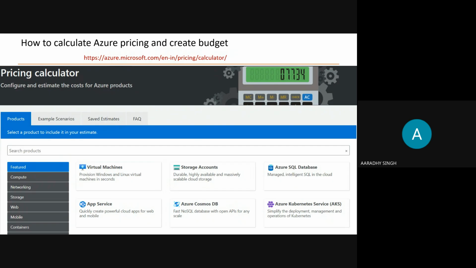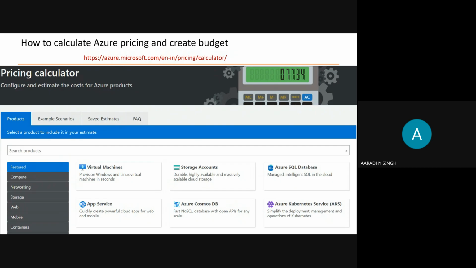Most people don't have very detailed knowledge of decisioning or architecting, so they prefer to go with the default value. You cannot go with the default value. Depending on the situation, you have to decide your strategy. If you have a proper strategy and deep knowledge, then you can optimize the cost.